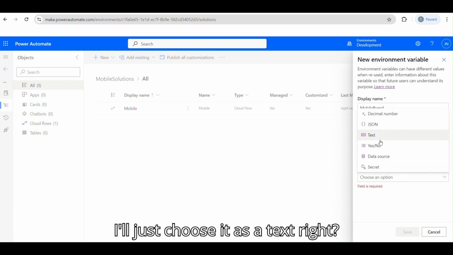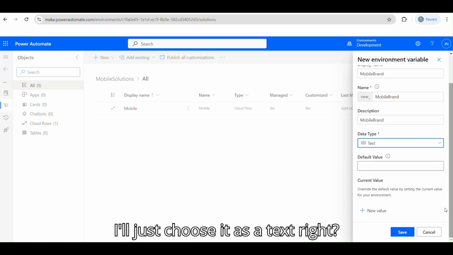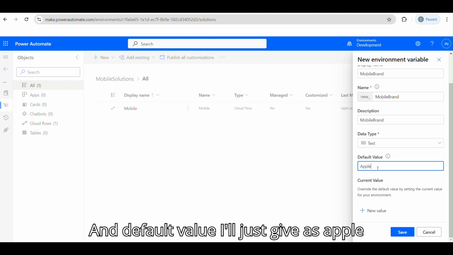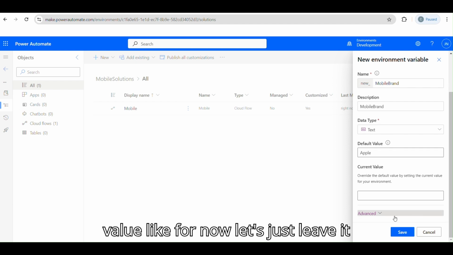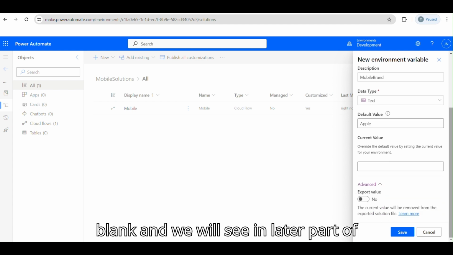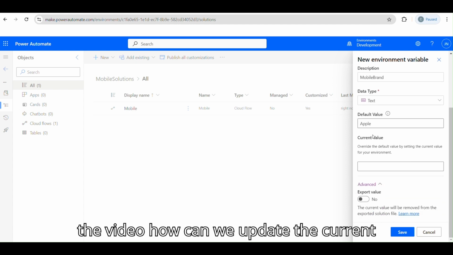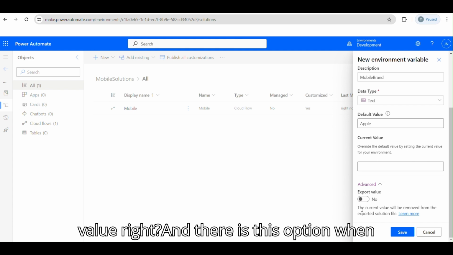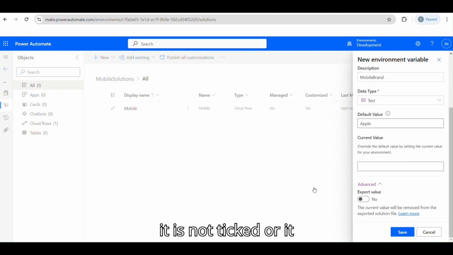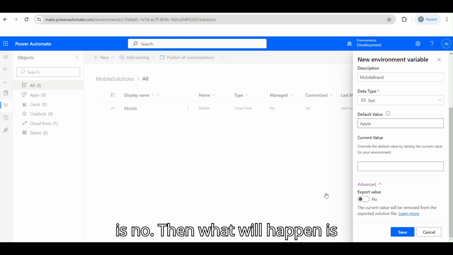Data type I'll just choose as text, right? And default value I'll just give as Apple, right? New value you can give any new value you like. For now let's just leave it blank, and we'll see in a later part of the video how we can update the current value, right? And there is this option when it is not ticked or it is no, then what